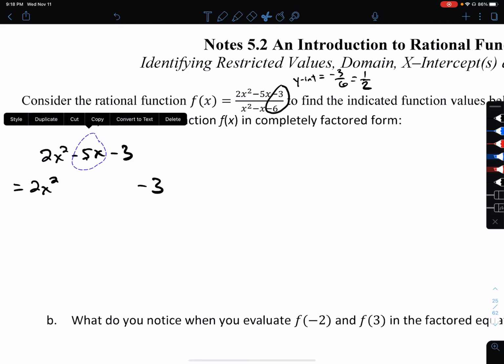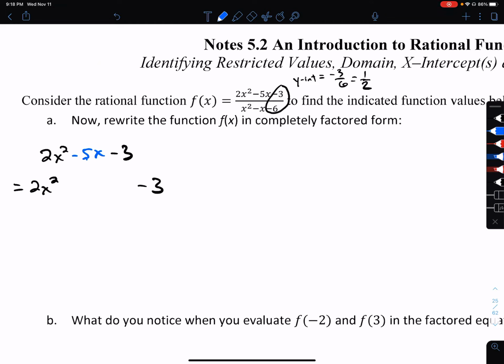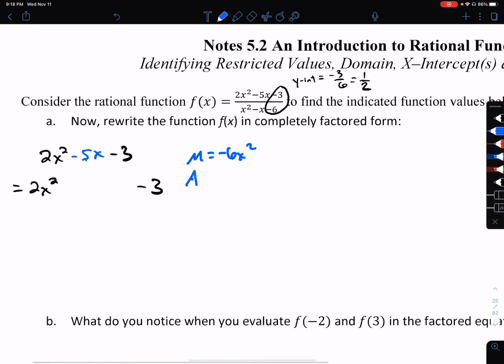So this middle term of -5x, we are going to change this to 2 separate terms. To determine what those terms are, we need 2 things that multiply to get -2x squared times -3. Let's multiply to get -6x squared. And those same 2 terms to add to get the middle term of -5x. I think that you'll find those terms are -6x and +1x. These multiply to get -6x squared, and these add to get -5x. So this middle term gets split into a -6x and a +x, and the order of those terms do not